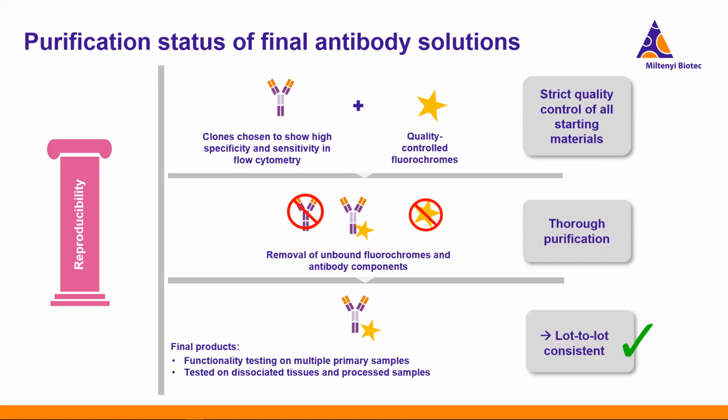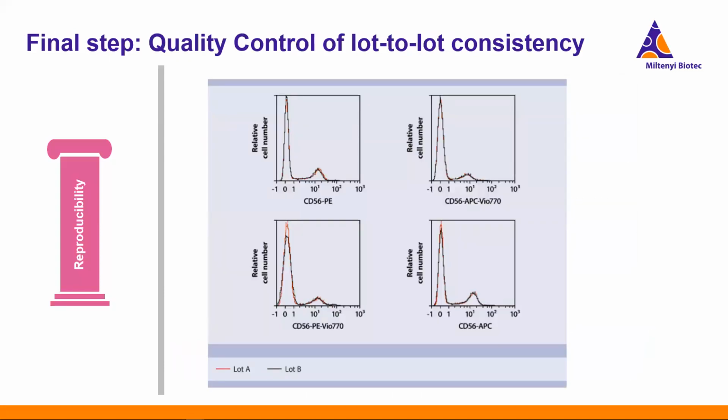So the final product is then functionally tested on primary samples. And what's really important here is you have to use the correct conditions. For example, if this is a marker that only shows up on a cell that's been stimulated in some way, that is the kind of cell that we are using. So it's really important to control for these. And every new lot's performance is compared to previous lots by flow cytometry, and then the titer is adjusted accordingly. What's really, really nice, I think, is we recommend an actual starting dilution for your experiment. So if you go by that, there's not going to be any need to titer when you get a new lot.